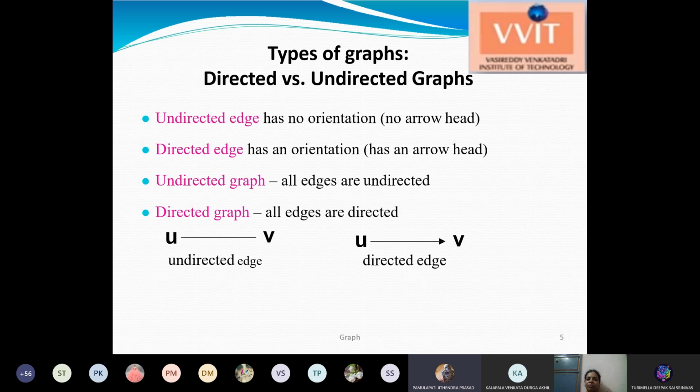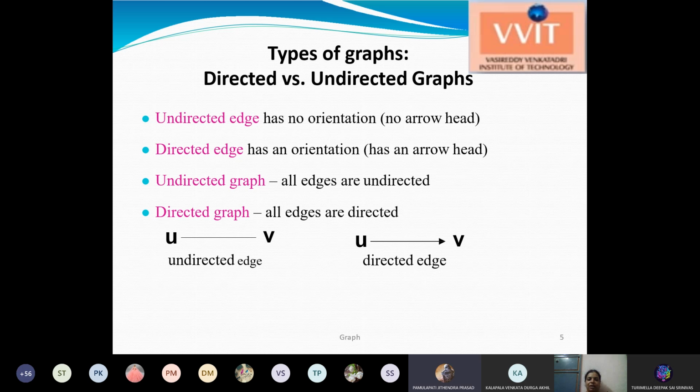Now you can reach from U to V, or you can move from V to U, or you can choose another way. But with one directed edge, you can only move from U to V. There is no movement from V to U. So there is only one possibility, but here we have multiple possibilities.